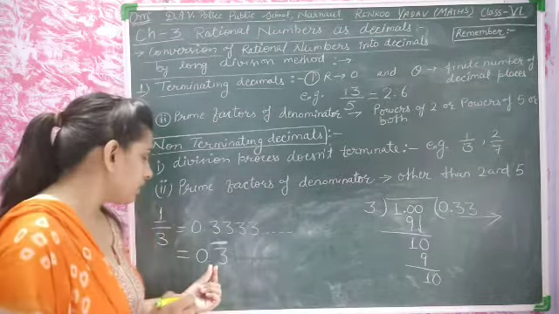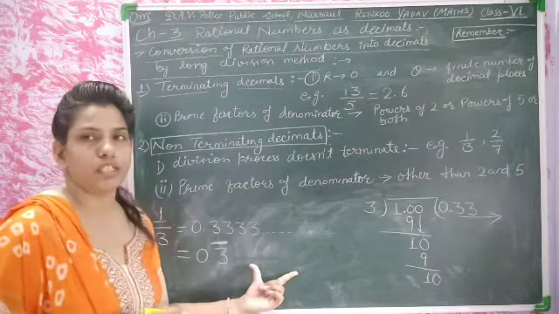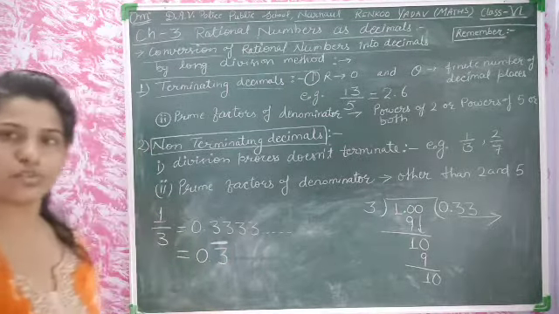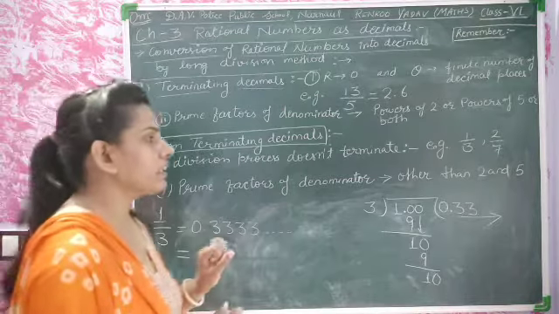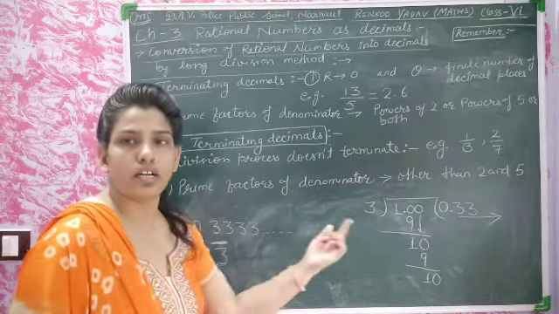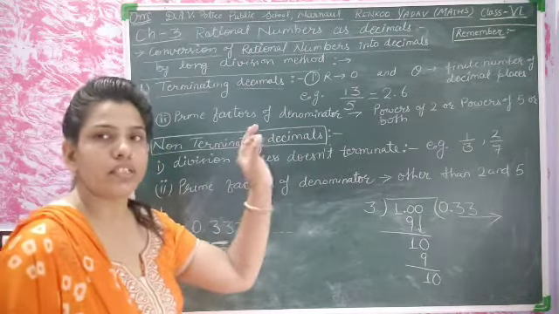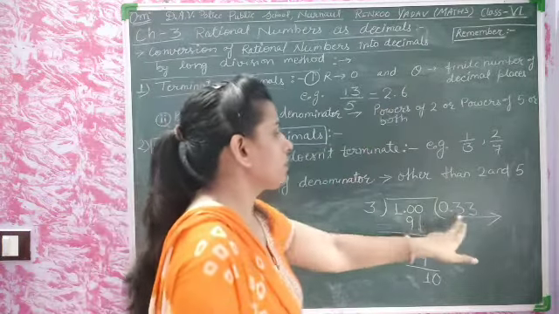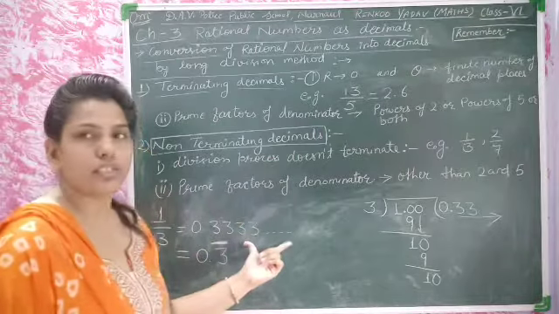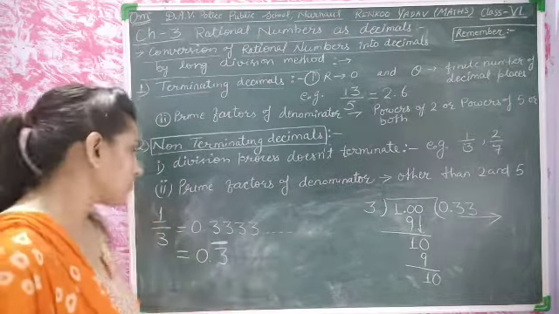Is this clear? After the decimal or before the decimal, whichever number is repeating here, we will place the bar sign. Okay, students, this is a non-terminating number. It does not terminate here. It has no end. No end means not terminate. Terminate means the decimal places end. If the decimal places end, it is terminating, and if it does not end, that is the non-terminating decimal.